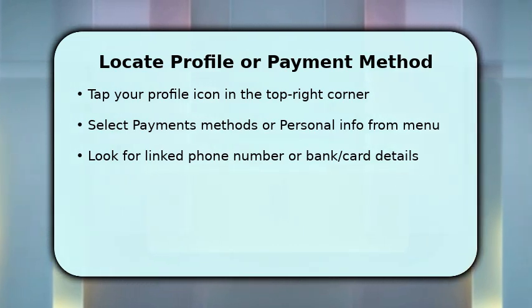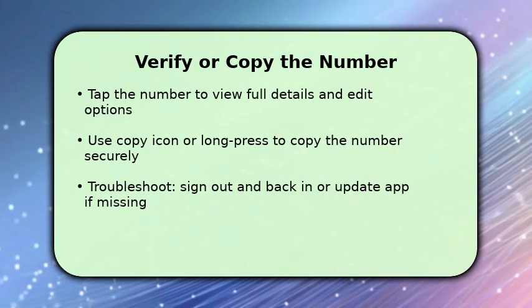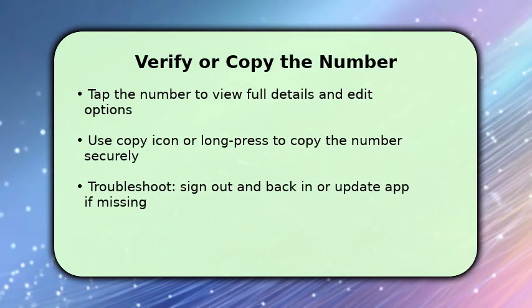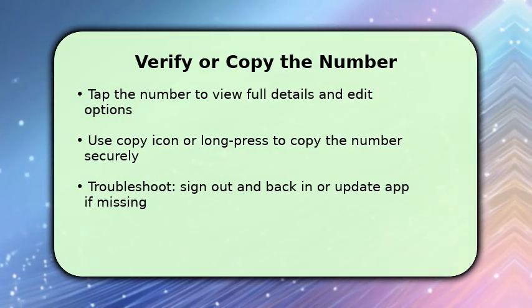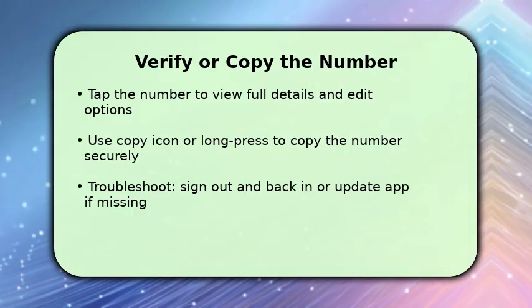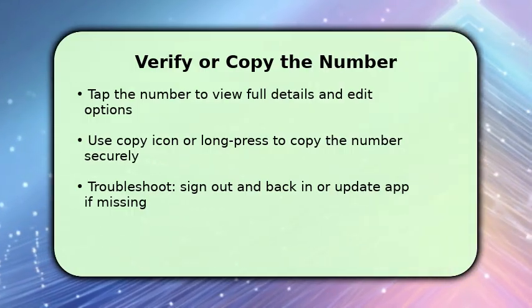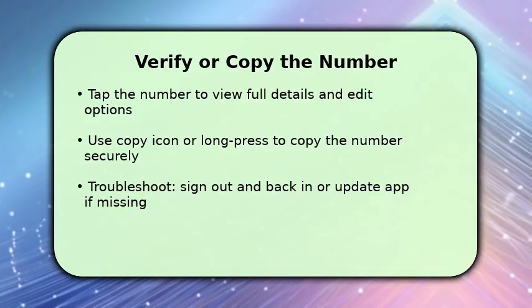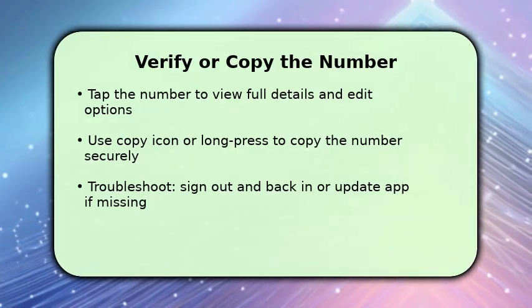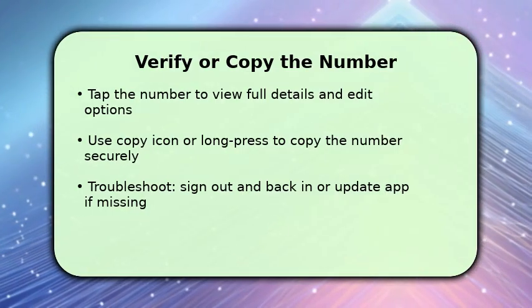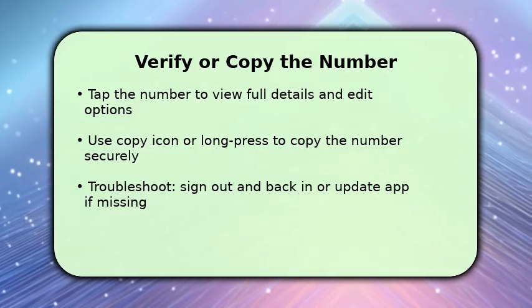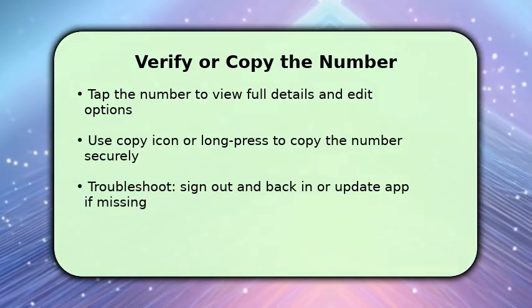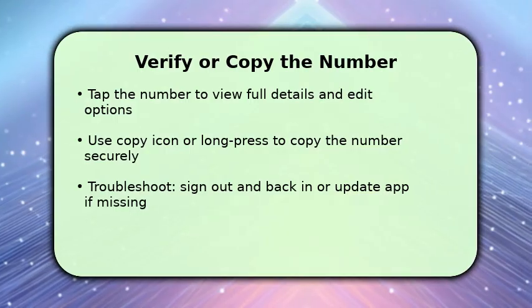Finally, tap the displayed phone number to reveal full details and any edit or verification options, because some numbers are partially hidden until confirmed. Once visible, use the copy icon or long press to copy it for sharing or pasting into forms. Make sure you only copy into trusted fields. If the number is missing or incorrect, sign out and sign back in, check account selection, or update the app. These steps often restore visibility when caching or